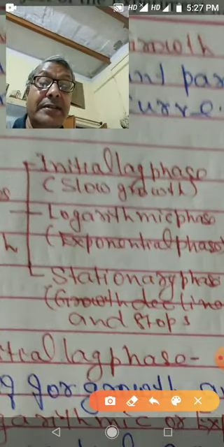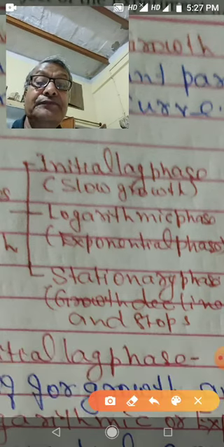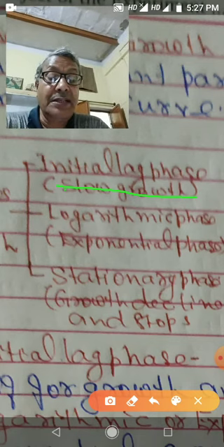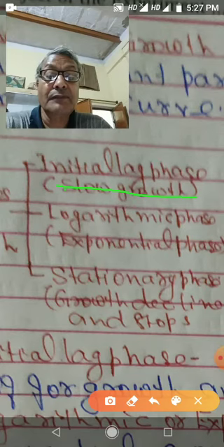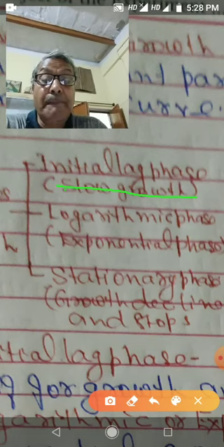The first one is the initial lag phase. In the initial lag phase, the system prepares itself for the growth and takes longer time for a small growth. Second is